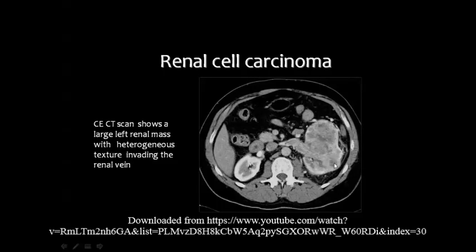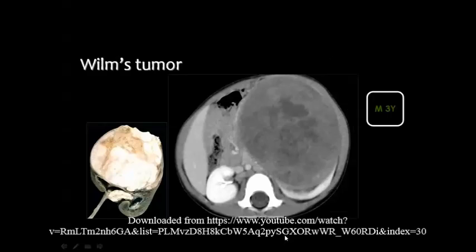And another case of a big renal mass on the left side representing renal cell carcinoma, and the mass is invading the renal vein, as you can see. This is a very important information for management. But if you see a solid mass in the kidney of a child, then you are in the diagnosis of nephroblastoma or Wilms' tumor, which is the most common by far solid mass arising from the kidney in the pediatric